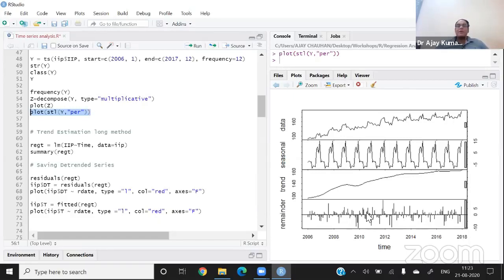In all these models, you can use the irregular component, because the trend component and the seasonal component are constant or regular components. So we can remove these components from the series, and whatever is left may be used for further analysis. So we have different options of using the different components of the time series, and as you can see in the graph, we have the different components. Now I'm showing you how to analyze each and every component individually, like how to analyze the trend component and the seasonal component.